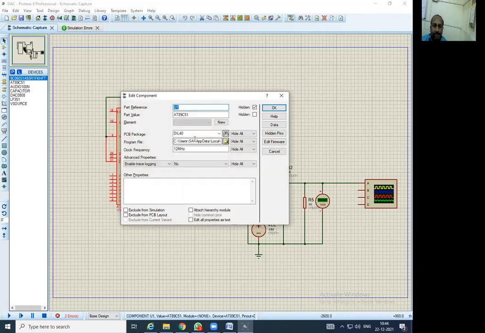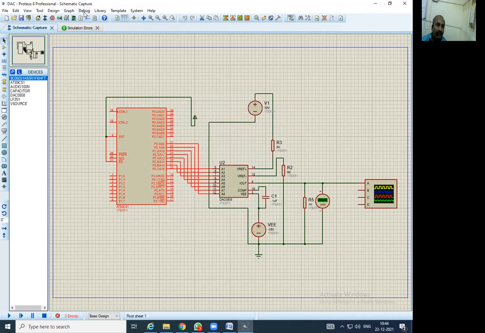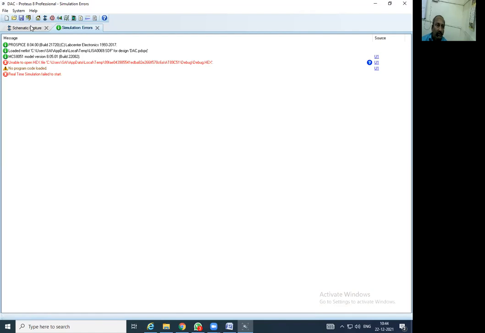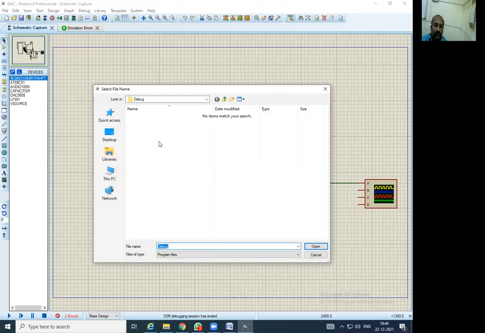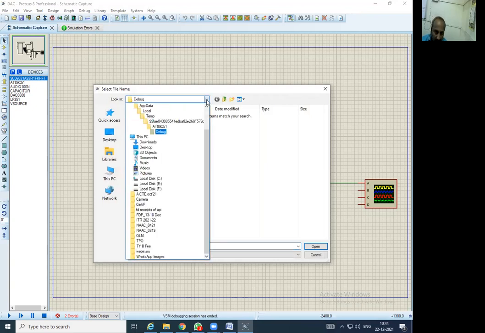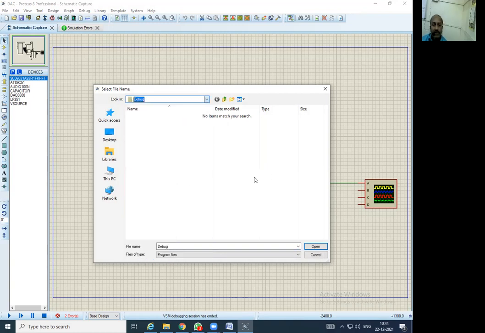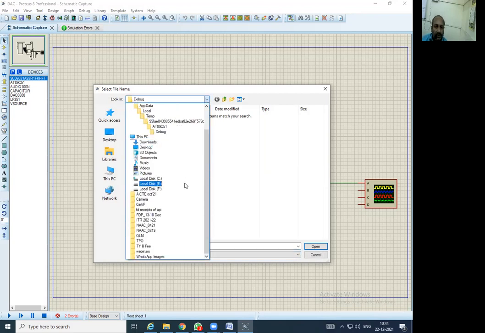Double click, and you will add this particular hex file. So for that, as you can observe, the path is supposed to be checked.